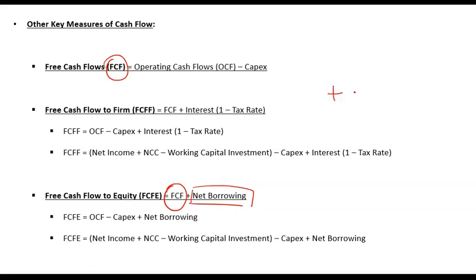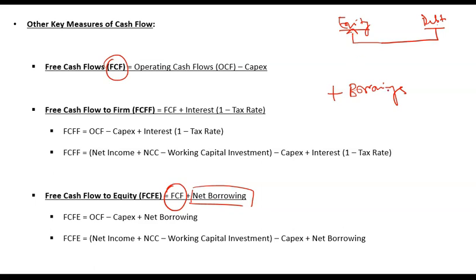So you add any borrowings. For example, if you are borrowing a loan, that loan is an outflow for the debt holder, coming out of the debt holder, and who is it going to? It is going to the equity holder. When someone borrows a loan, whoever is borrowing gets an inflow, and whoever is giving the loan gets an outflow. So that is coming out of debt and going into equity.